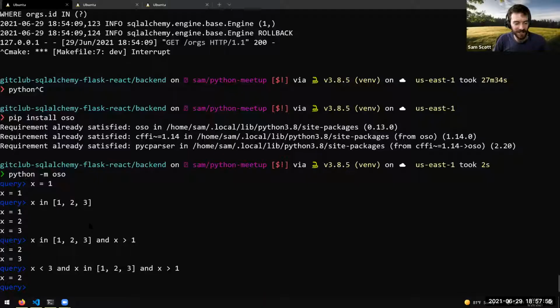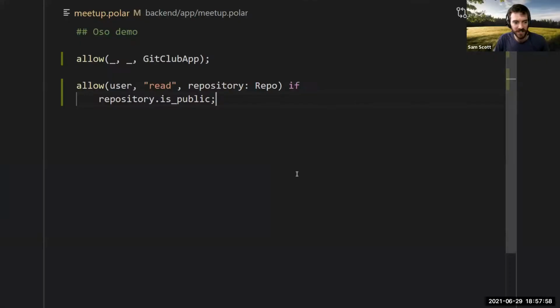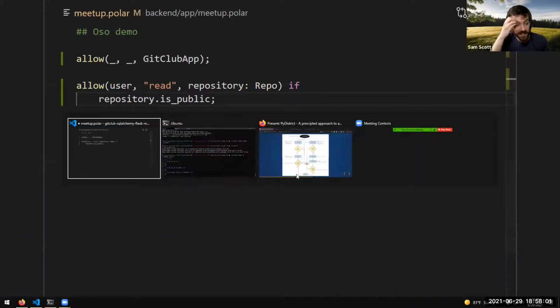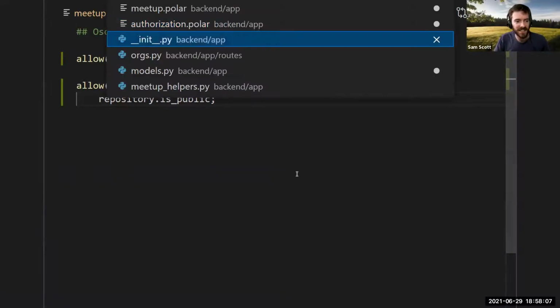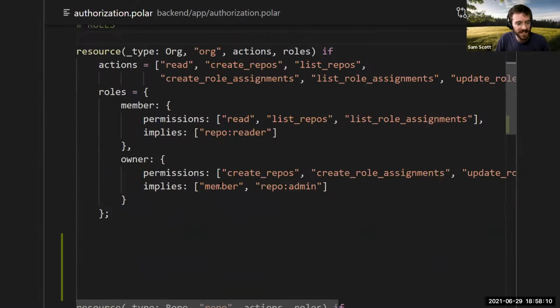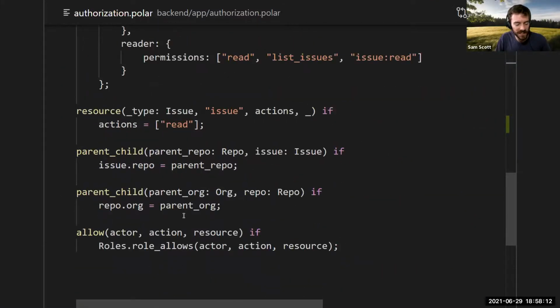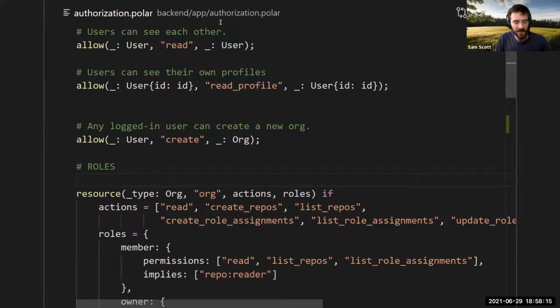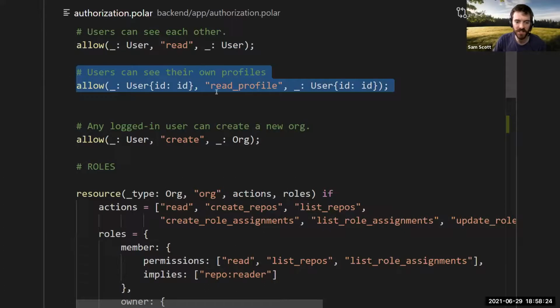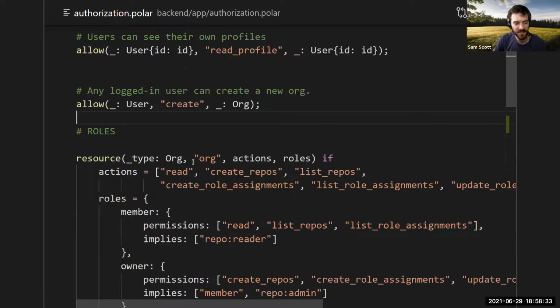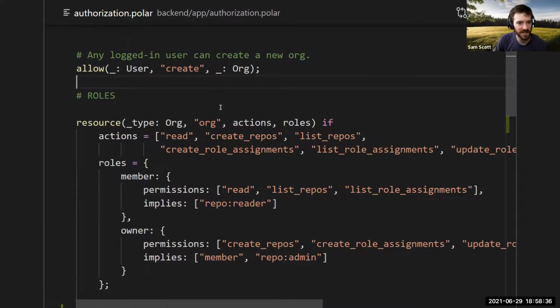And so by having something declarative and logic based, it allows you to really compress that logic a lot. It's hard for me to show here because a lot of it has been hidden through these interfaces. You can see it a little bit, where even this top level thing is being flattened. We just have a few little rules: any user can see another user, but users can only see their own profiles, and any logged in user can create a new organization. This all stays very flat, and it can start building up pieces of logic and combining them, like the policy that backs this role implementation.